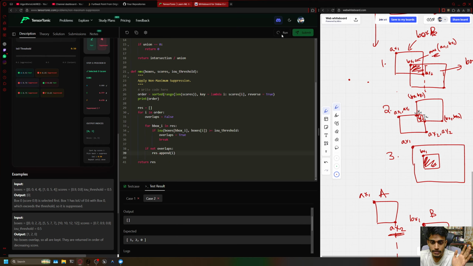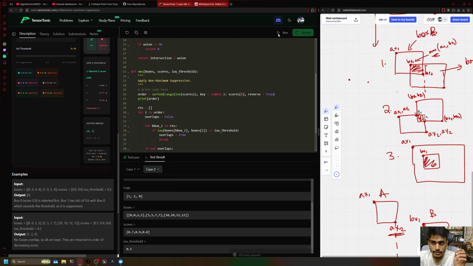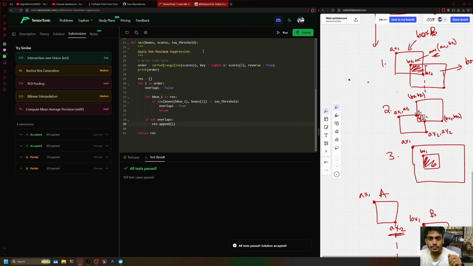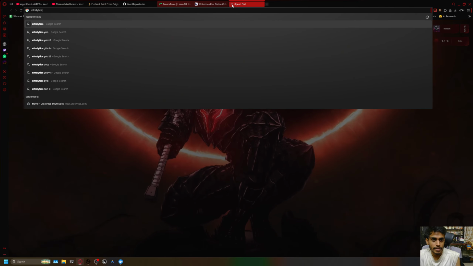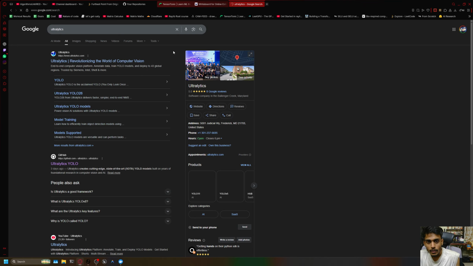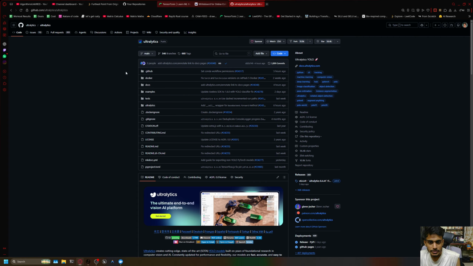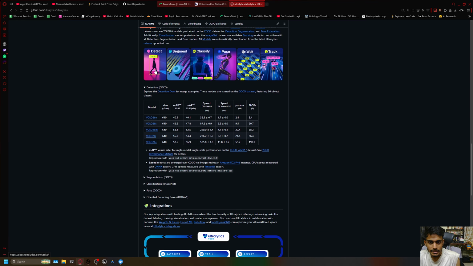Now if I run this, voila, everything passed. Now if I submit, all test cases pass. Cool. So this is the NMS algorithm. If you search for, let's say, Ultralytics, which is a very famous library for training or inferencing object detection, you will find this algorithm implemented in their code bases. As you can see, for this detection kind of task,